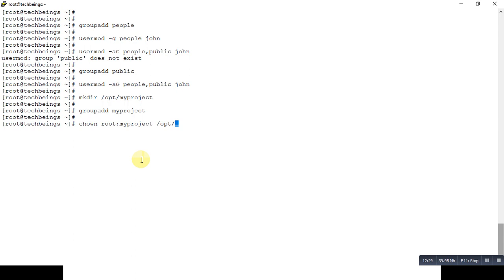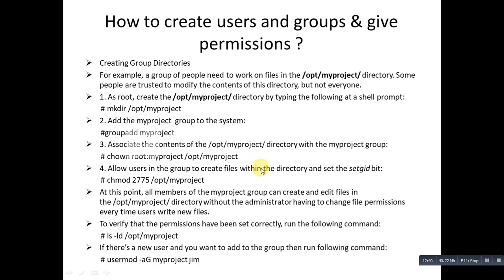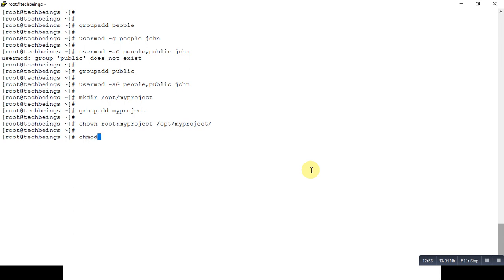Now allow users in the group to create files within the directory and set the setgid bit. For doing that, I will write chmod, which is change mode, 2775. This 2 belongs to the setgid. This 7 belongs to read, write, execute, the values are 4, 2, 1, which is equal to 7.